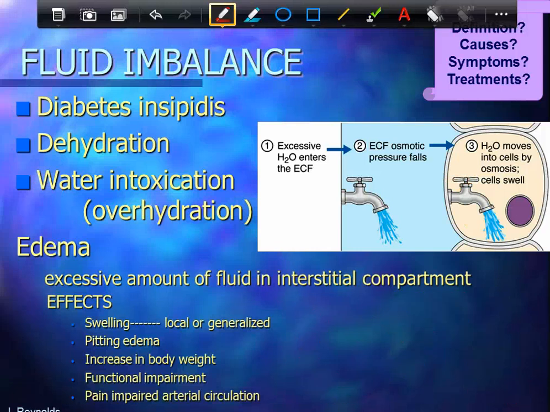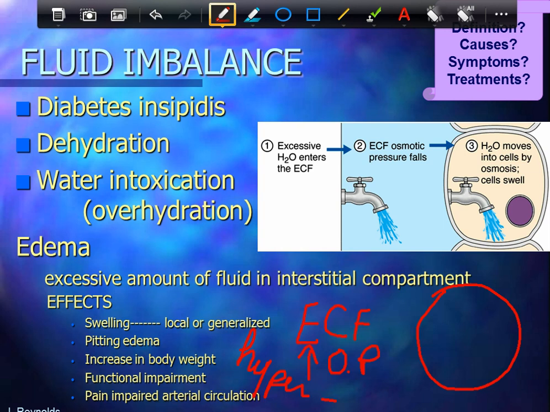In that case, your ECF, you're losing fluid, goes up in osmotic pressure. So now, again, it becomes hypertonic. And here is your cell, ICF, and it's now hypotonic. And in order to try to get these back into balance, there's a shift of fluid from the cells, ICF, back into the ECF. Remember, ICF is the water reservoir for shifting back and forth into ECF to keep it